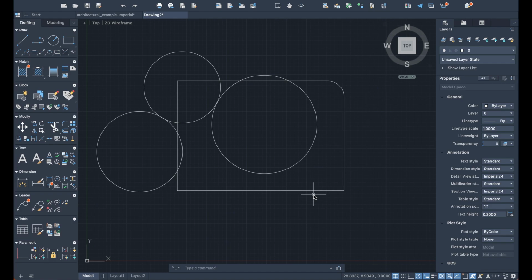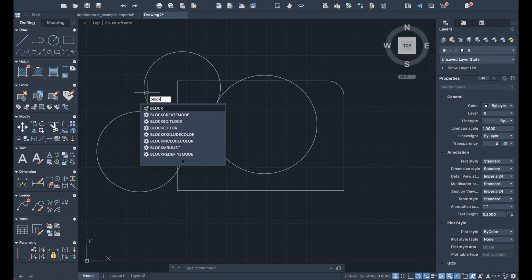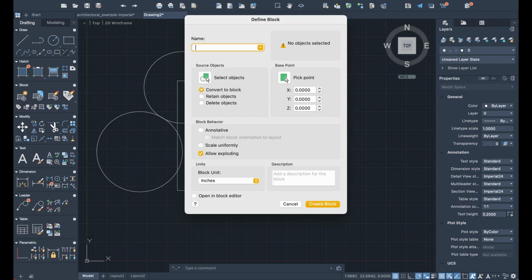In this video, I'm showing you how to create a block in AutoCAD. So a block is when you group together multiple objects so they act as one object. So what you can do is type in block in the command, click on the first one,